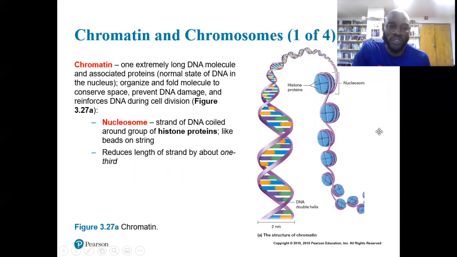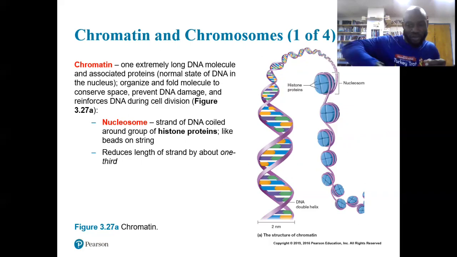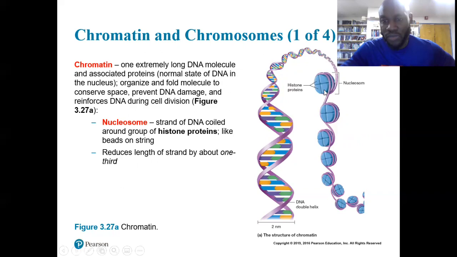Now, we have chromatin. This can get a little confusing. All right, so chromatin is one extremely long DNA molecule and associated proteins. This is how DNA normally exists in your body, unless something is happening. We know DNA is a long chain, but it's not just a long string like a piece of floss. DNA wraps around these proteins, what we call histone proteins,